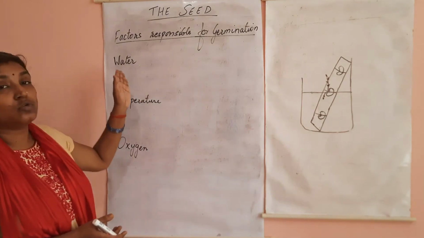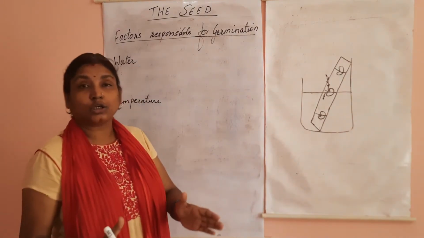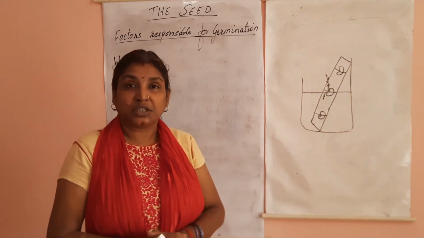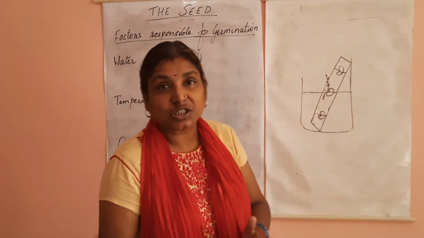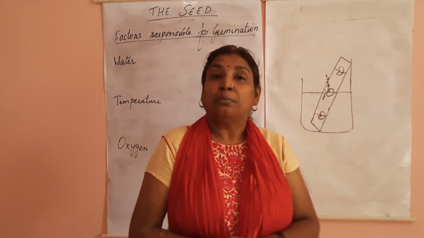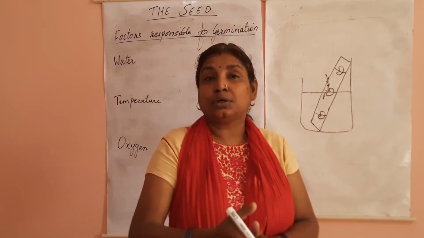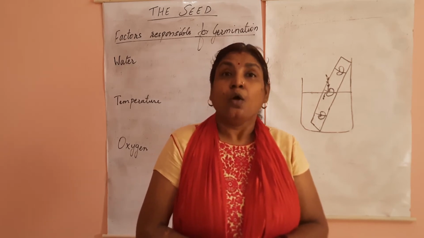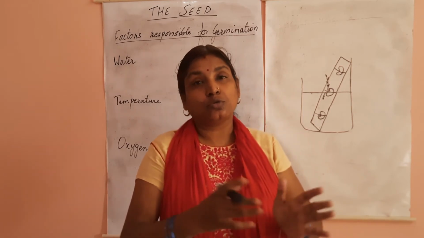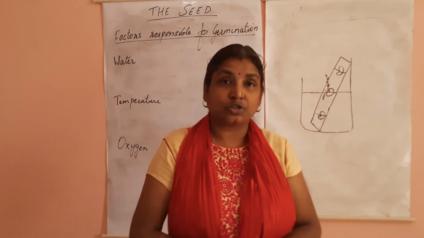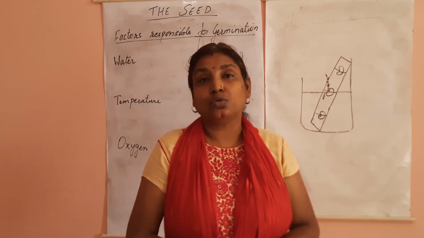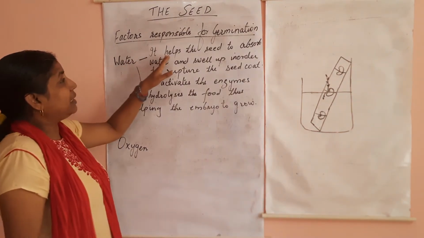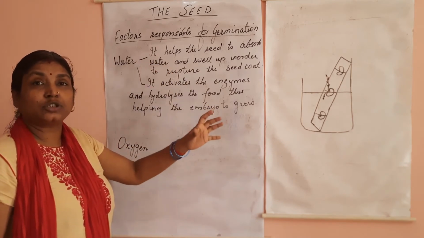Now, what are the two functions of water? The water present in the surroundings is absorbed by the seed to generate pressure inside it, so that the seed coat can break open and the radicle can come out and form the root system. Water is usually absorbed throughout the surface of the seed by imbibition, but most of the water enters through the micropyle. So the main function of water is that it helps the seed absorb water and rupture the seed coat.